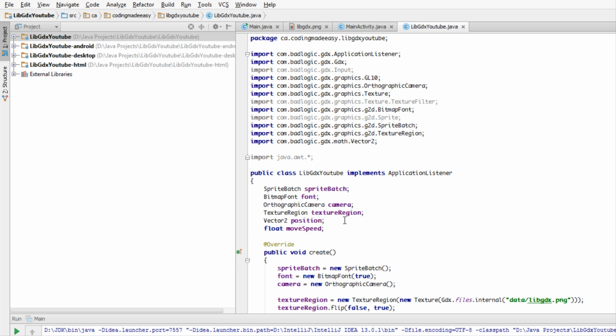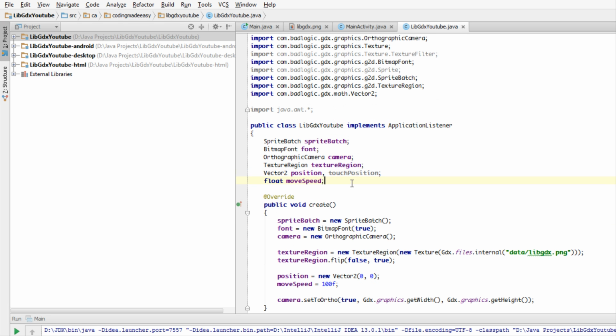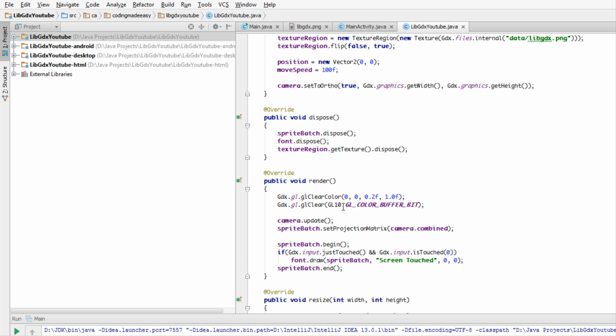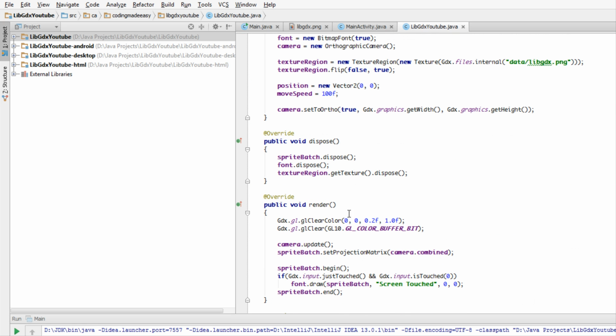So what we're going to do is create a touch position, and we're going to make a float called delta. In our program, we're going to click somewhere on our screen, and based on where we click, we're going to move our